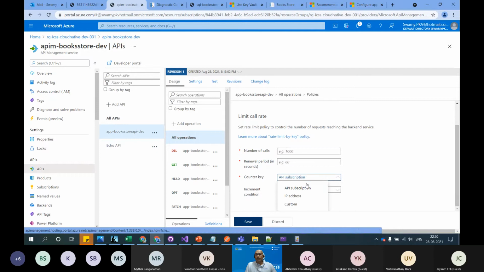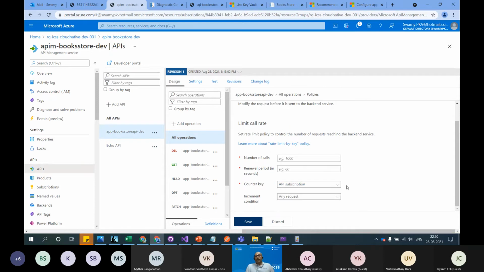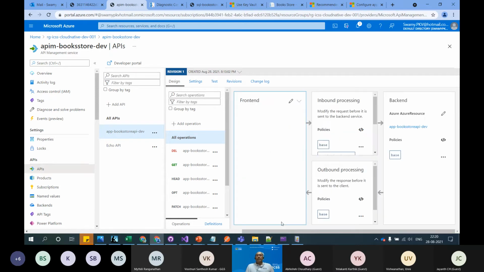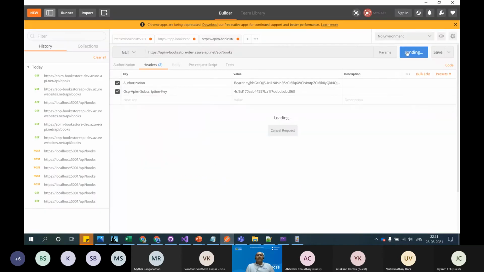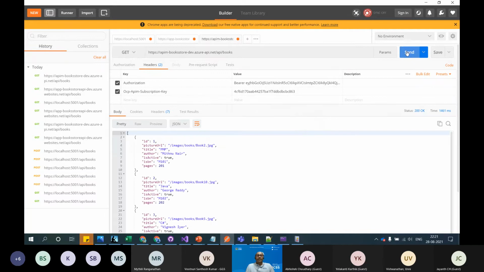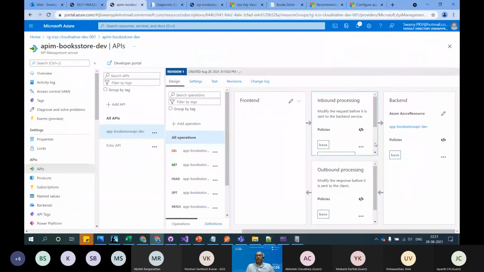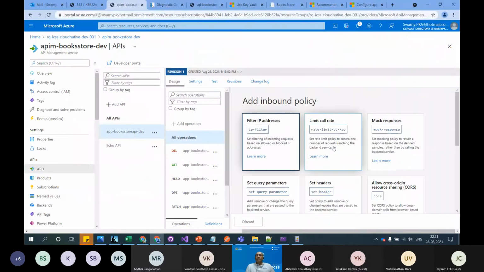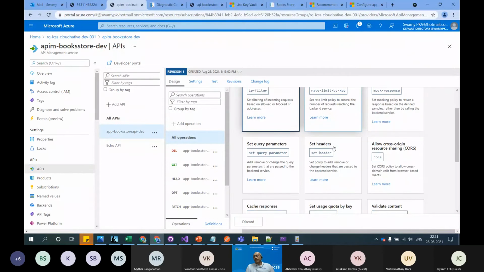And the key, if you want to do it on the IP address on an API subscription, it is better to do it at the IP address level, so that you will know if someone is trying to do a DDoS or those kinds of things. These are only bits and pieces I'm talking about, but there are a lot of other things out there. And if someone is trying to download,